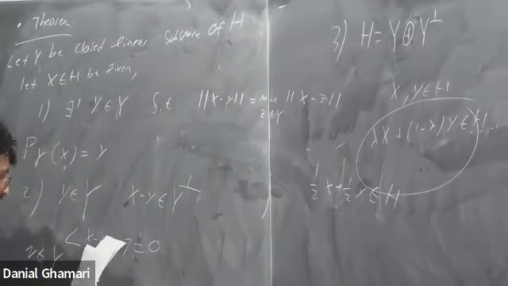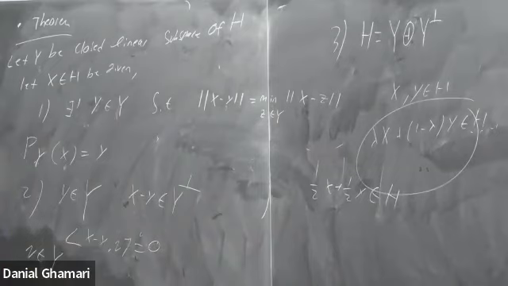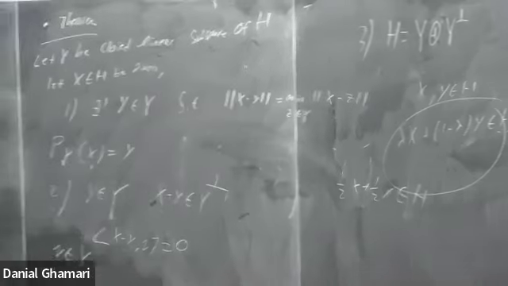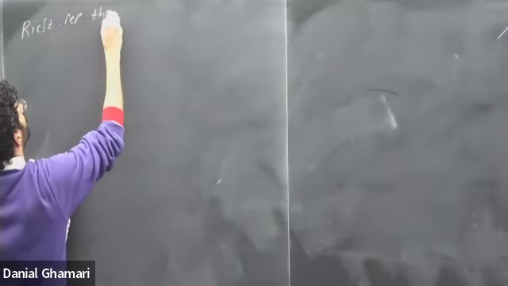Now, based off of this theorem, we have Riesz's representation theorem. This is technically a quantum theory 2 topic. If you took it with Eduardo, he would have talked about this. I don't know why Occam never wanted to deal with it, but essentially the theorem tells us this. Riesz's representation theorem.